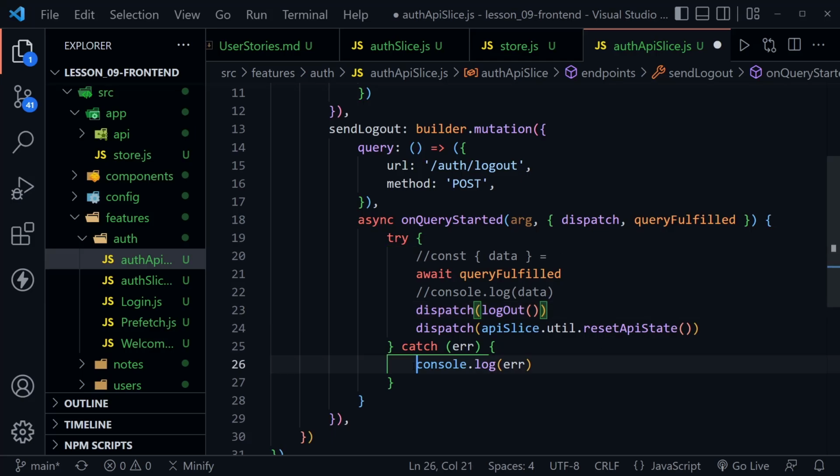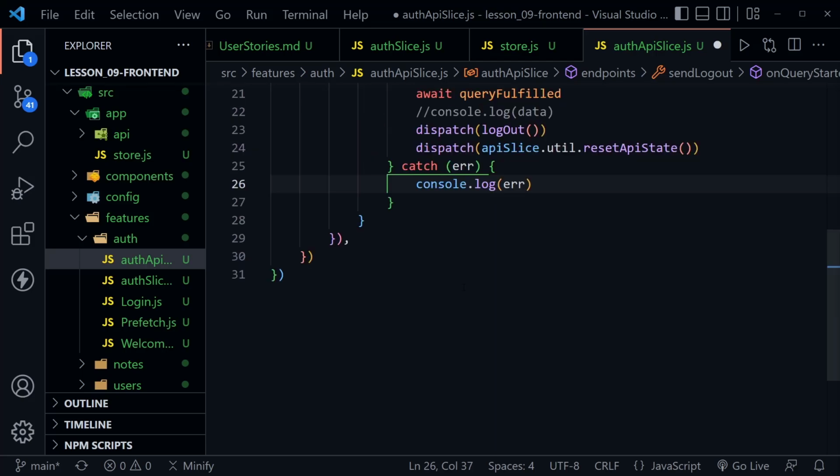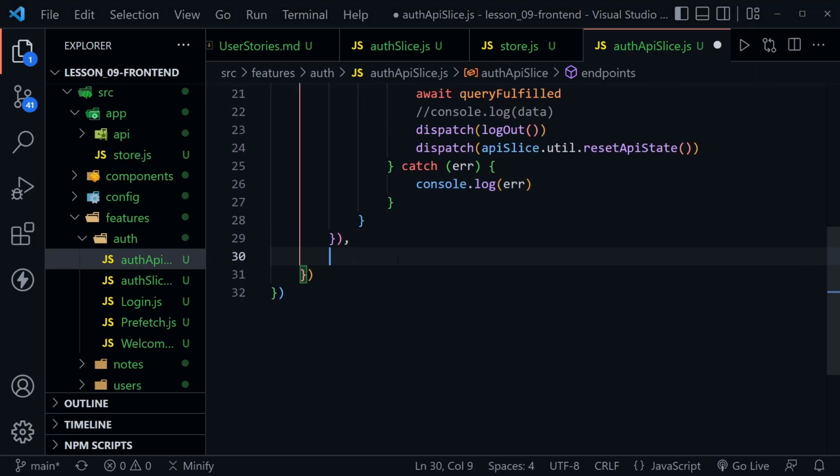If there is an error, we're just going to log it to the console. There really shouldn't be when you log out, but if there is a logout error, this is what we'll do here. And now I'm going to scroll for some more room, and we'll add our third and final endpoint,